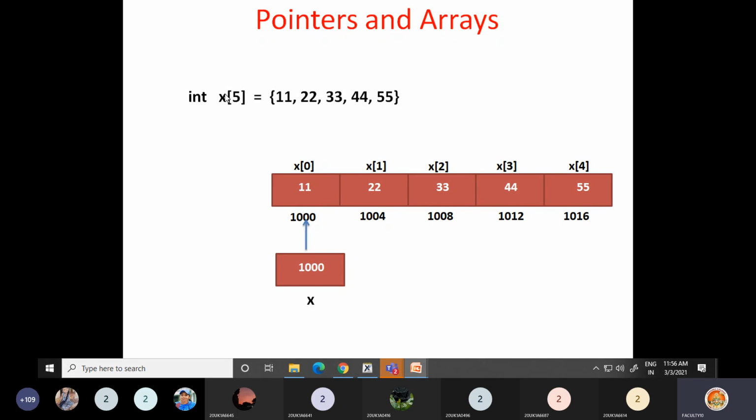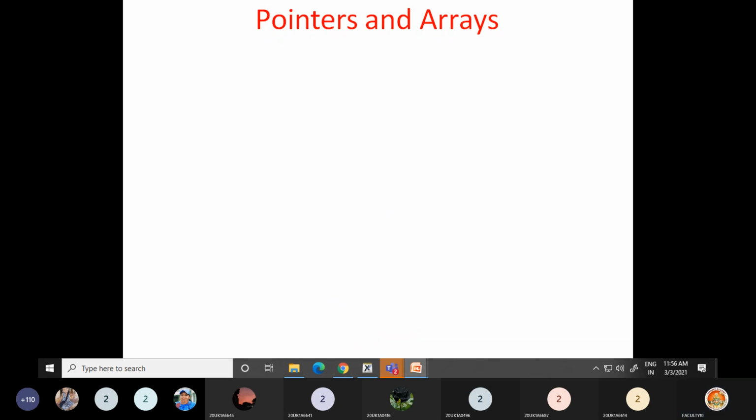So the array name itself is a pointer, and that pointer is called a constant pointer, because it should always store 1000 only. So in short, array name is a constant pointer. Okay, right? So today we'll stop here.